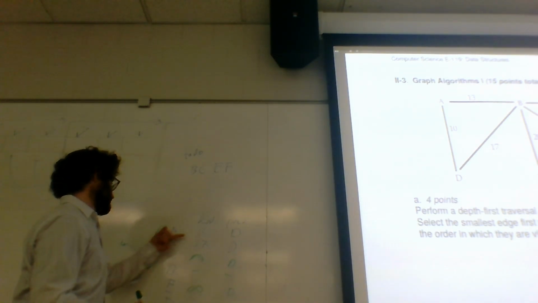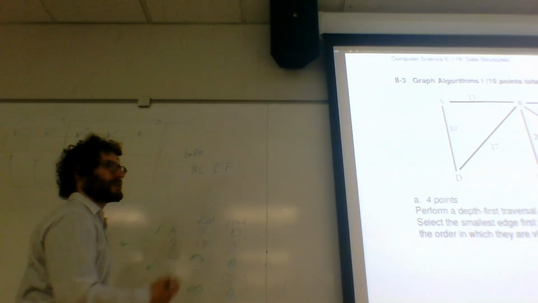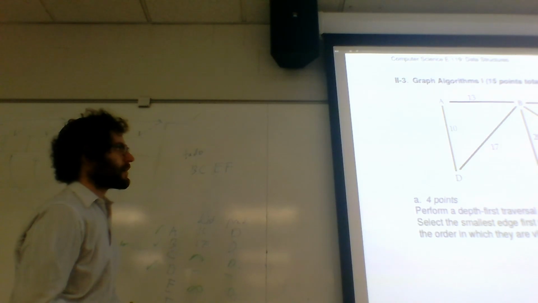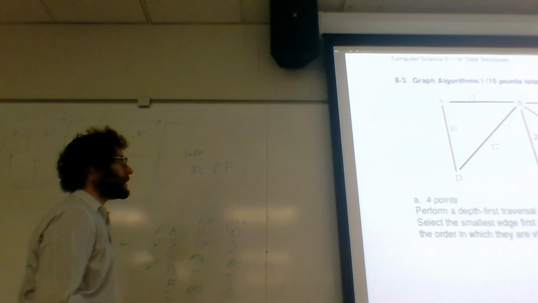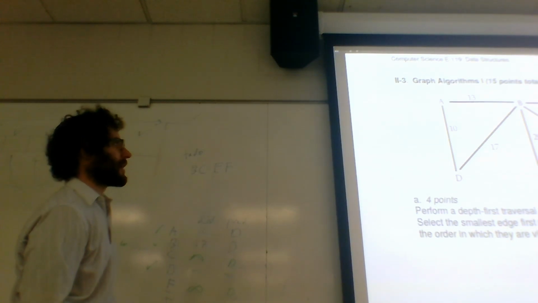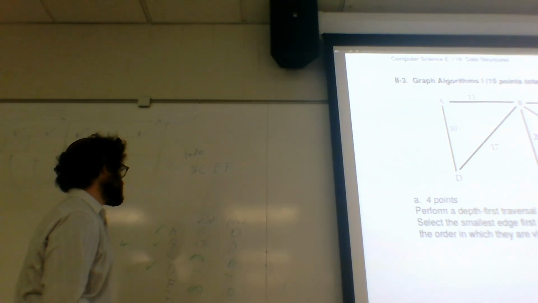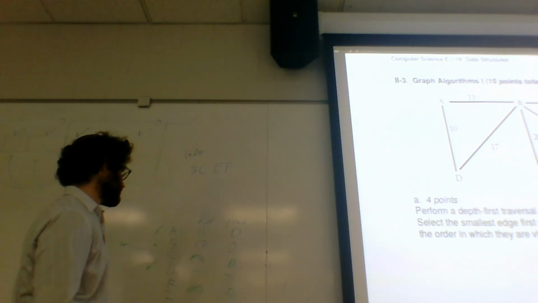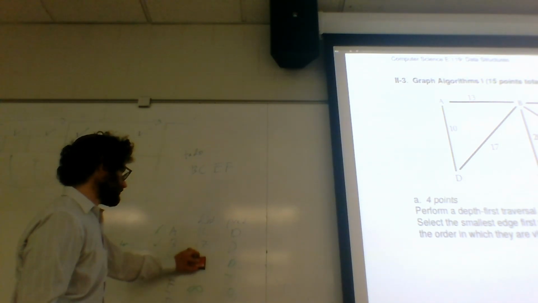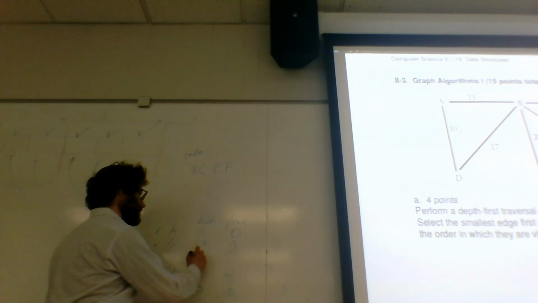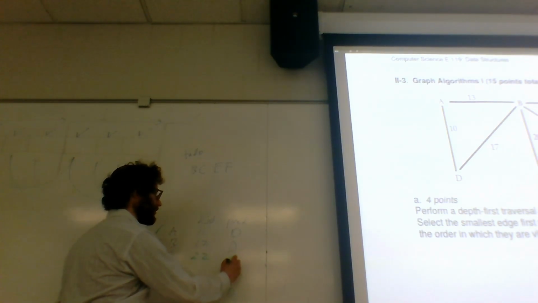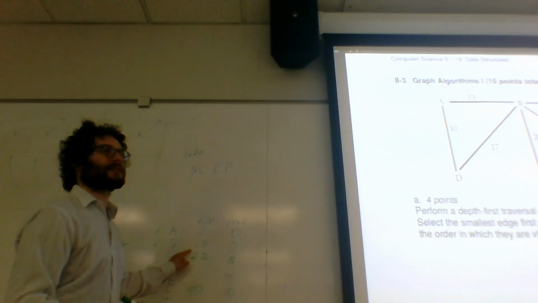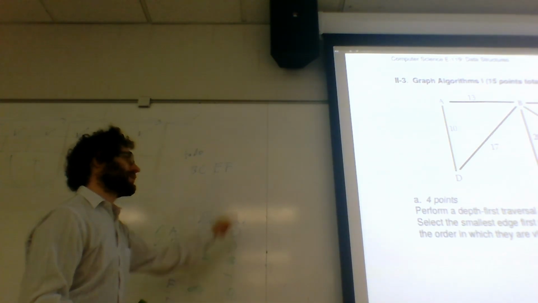So next, it's infinity, infinity, infinity versus 17. 17 wins. Okay, so B is our next node, and we've got a bunch of new routes over here. So B to C is a cost of 5. So to get to C is a grand total of, well, the cost to get to B plus the cost to get to C, which is 22. So we can get to C for a cost of 22 by going through B, right? It's not 5 here. It's 22 because it's the cost to get to B plus the additional cost to get